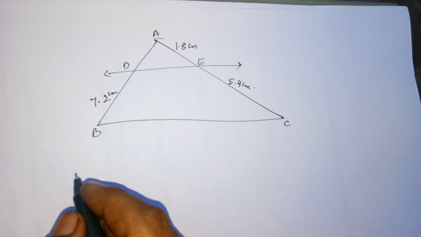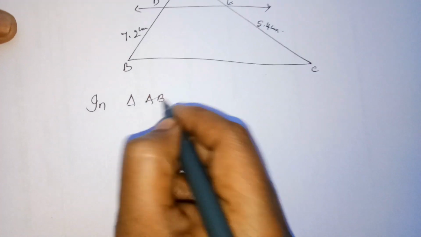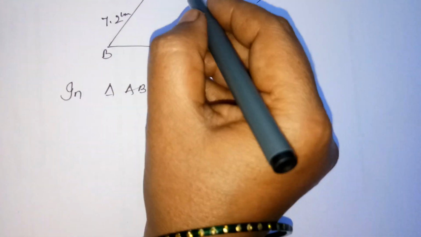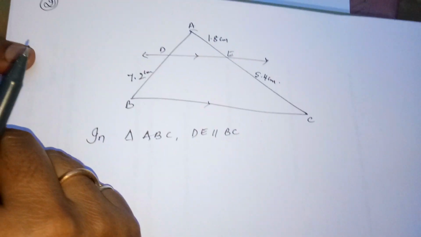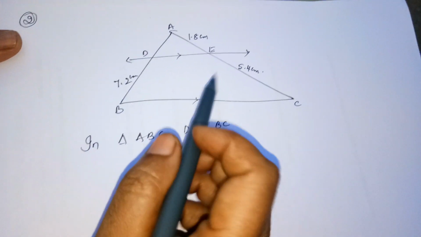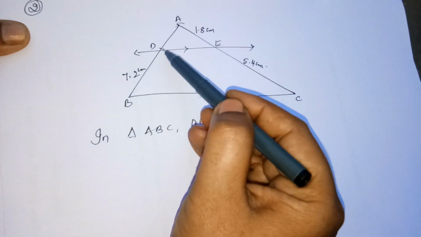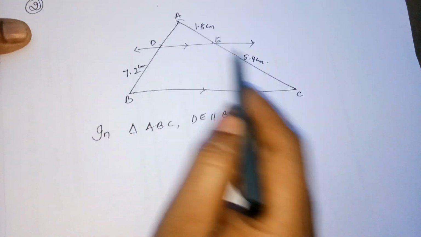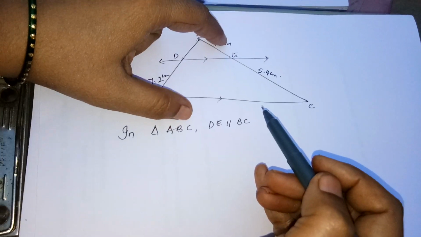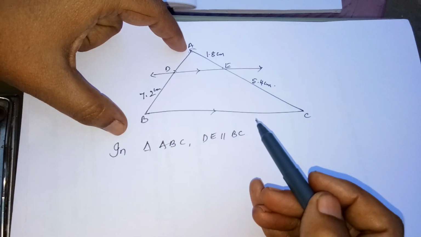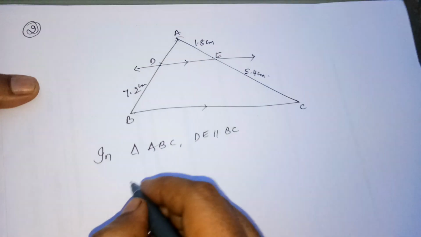The second problem of the exercise is in triangle ABC. In triangle ABC, again DE is parallel to BC is given. So immediately we shall apply Thales or the corollary of Thales. Let me identify whether I have to apply Thales or its corollary. AD is not known, it has to be found out. BD is given, AE and EC. So the sides are divided in equal ratio. The given triangle's side is not given, so we cannot go for the corollary. We have to apply Thales theorem.